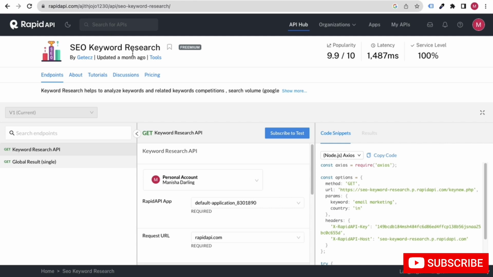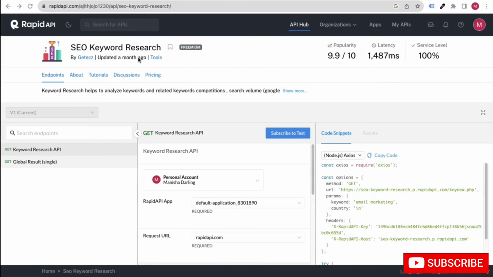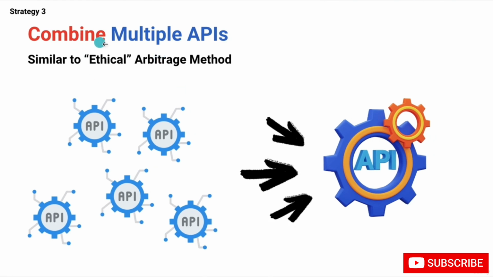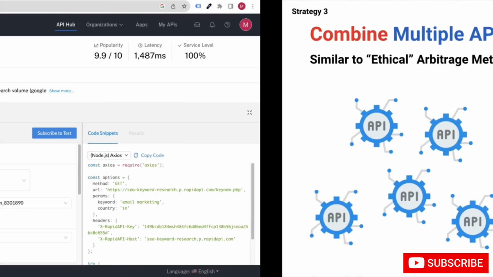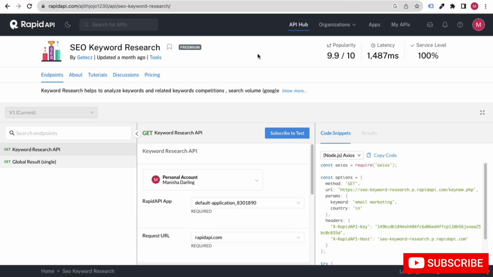Okay, so it's very powerful, and that is what this particular multiple API method is. Basically you're not copying anyone 100%, you are just taking some small parts of different APIs, with their features. You will take the feature of this API and use it on yours. Similarly, you will take functionality from multiple APIs, combine them, and create your own API, right? So it's very powerful and very simple and easy to work on, right?